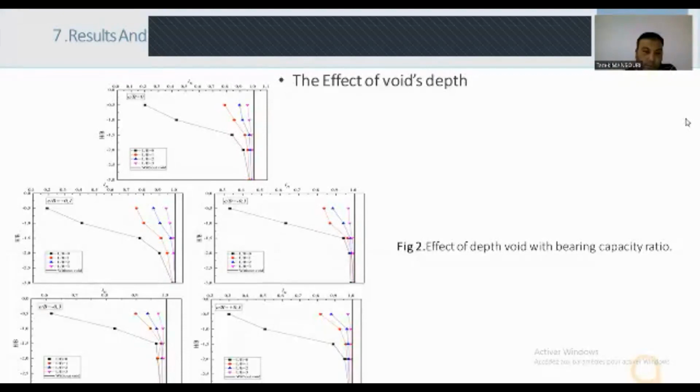Beyond this depth, the influence of the void on the bearing pressure ratio appeared to be the same as that of a footing without a void. This behavior occurs owing to the voids being distant from the shear zone. Therefore, the failure mechanism formed was similar to that of the no void. Finally, it was determined that when L/B equals 3, the H/B effect is negligible.